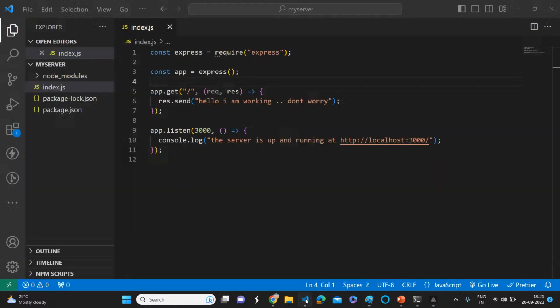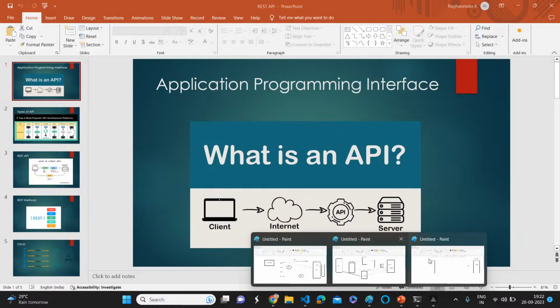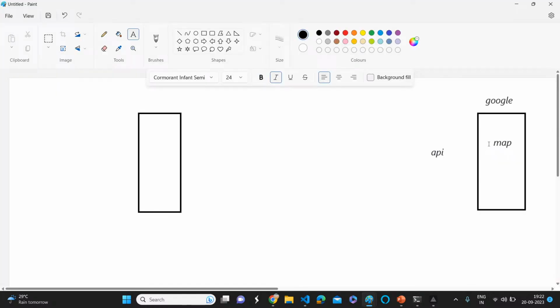Simple. This is the same way. They are creating the APIs like this. This is the route. Yesterday we did this: once you run the application, if you go to http://localhost:3000 and forward slash, you get the message "hello, I'm working, don't worry." In the same way we are going to create APIs, but here we need to understand that the Google server is providing APIs like this. For example,